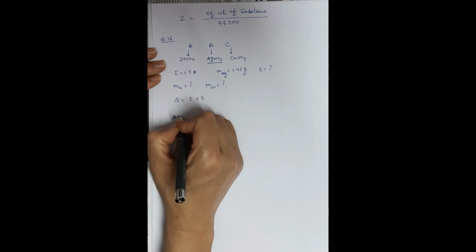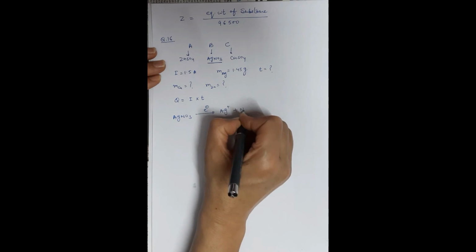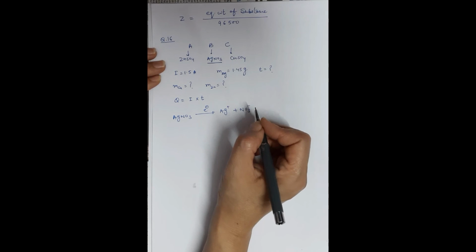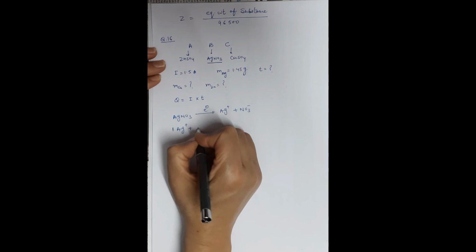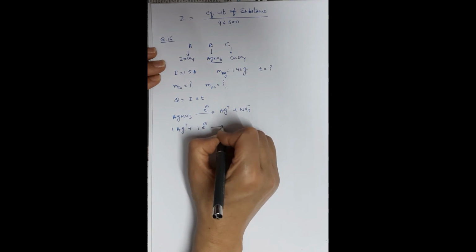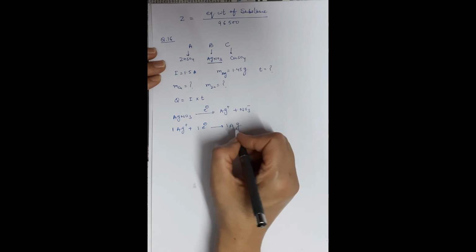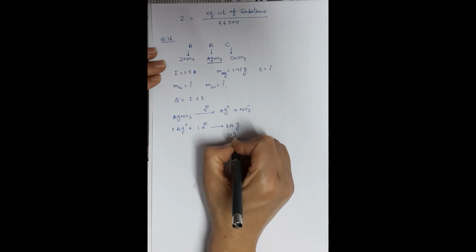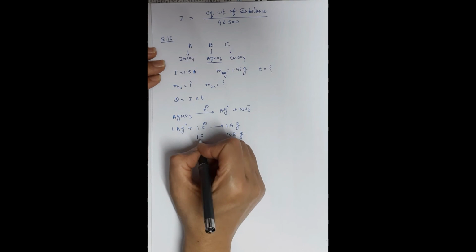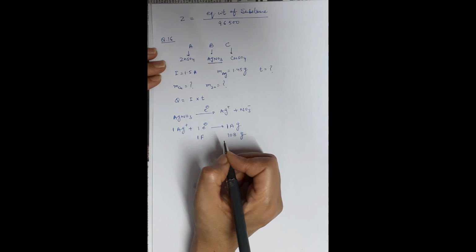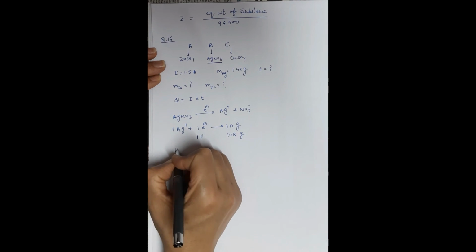You already know silver nitrate, when electricity is passed through this, ionizes to give you silver ions and nitrate ions. 1 mole of silver ions will gain 1 mole of electronic charge and will be converted to 1 mole of silver metal. 1 mole of silver metal, the mass is 108 gram. By passing 1 Faraday charge, which is the charge present on 1 mole of electrons, this mass is deposited. Do it by the unitary method.